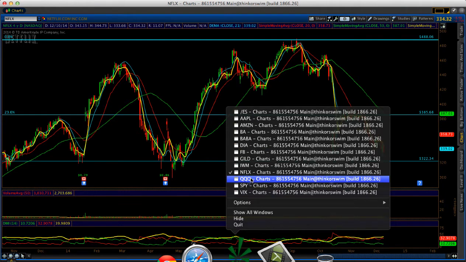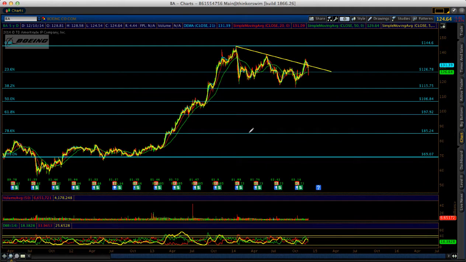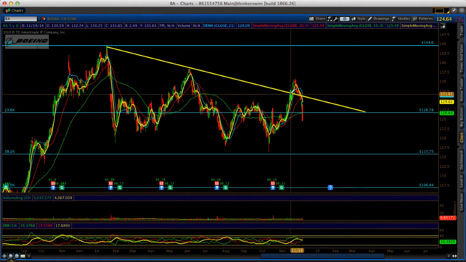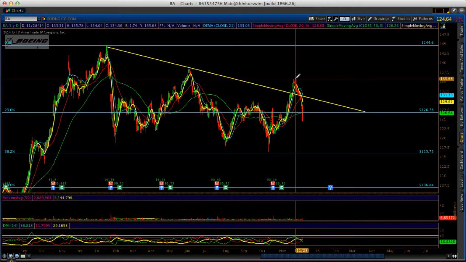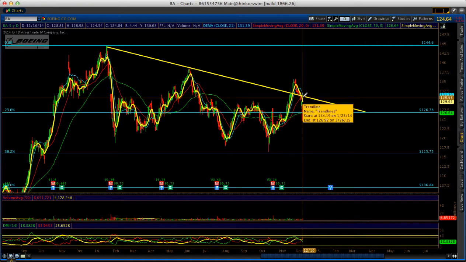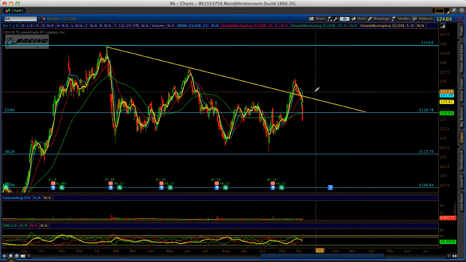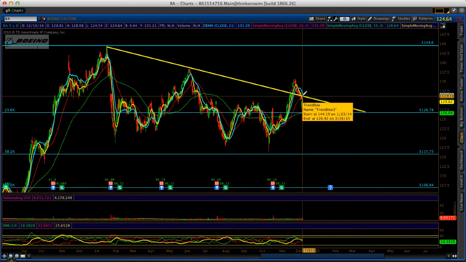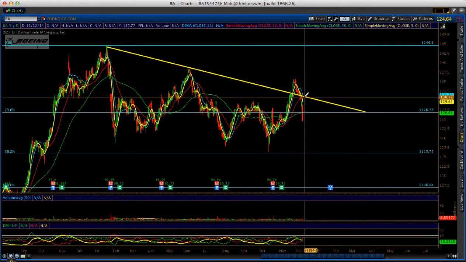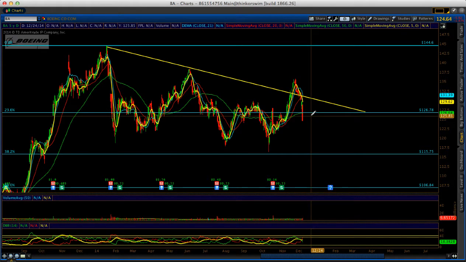Now let's talk about BA. BA was a nice breakout. We entered the breakout. We closed half of the position for 50% profits, and we left the other half running. But we closed it right here when it broke down this trend line, so we closed at price even. That's one of the examples showing that you have to honor your stop and follow your plan. If we hadn't followed my plan, I checked those options that we saw even, they're down 80% now. So you always have to honor and follow your plan.